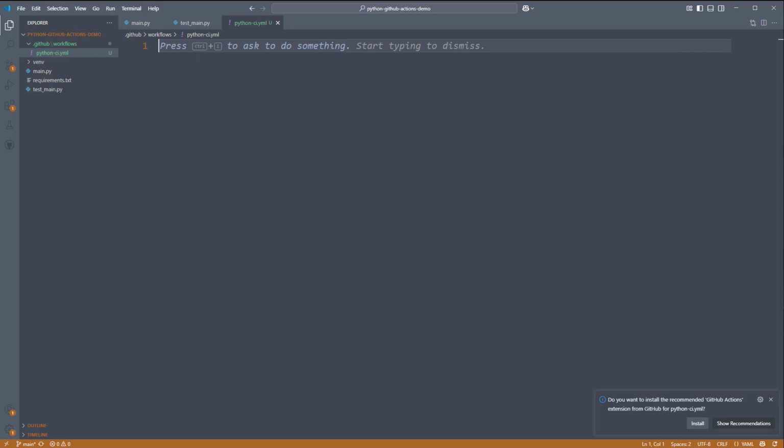all of the steps. So we're going to start with a name property. This is what will show up in our Actions tab of GitHub. Python CI, give it a name. And then we give it an on directive. Now the on directive,